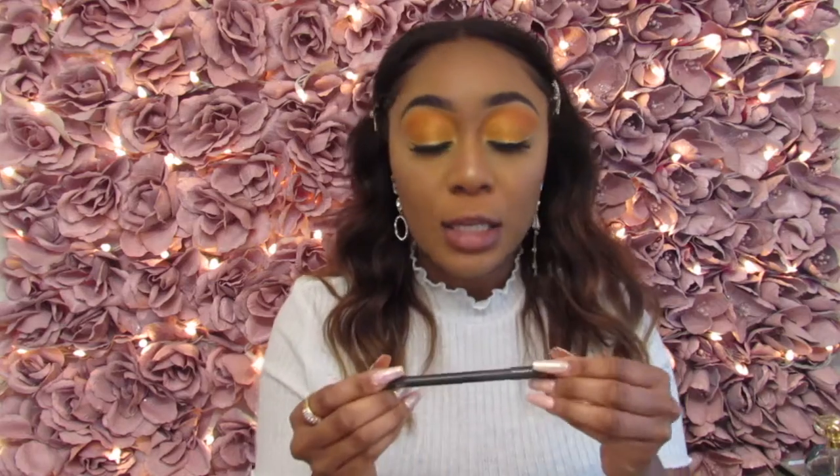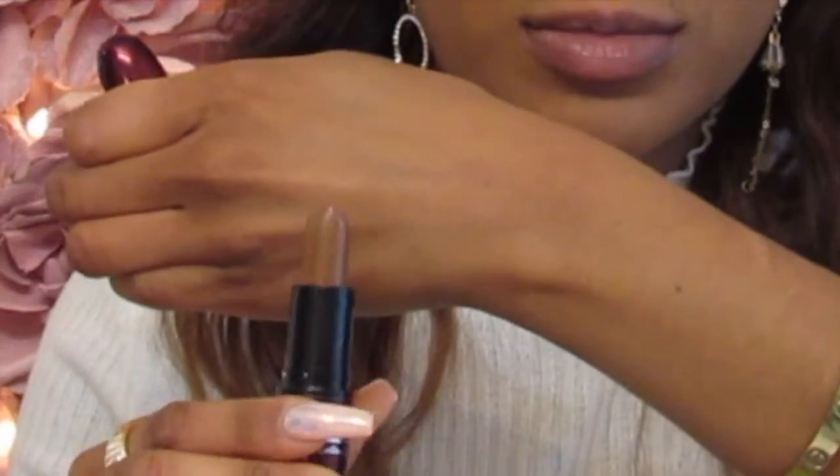So I'm going with 3 products today for my lips. The first thing I'm going to do is I'm going to line my lips this time around using my all-time favorite MAC Cosmetics lip liner, and this is in the shade Spice. Followed by me going in with this beautiful MAC and Aaliyah Matte Lipstick, and this is in the shade Try Again. Unfortunately, this is no longer available, but if you can find any brown shade that's similar to this in